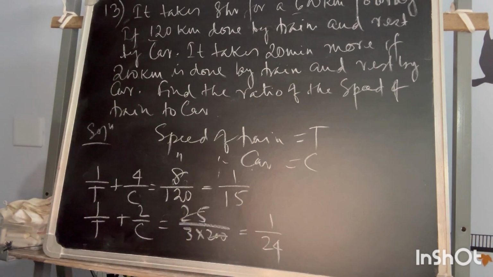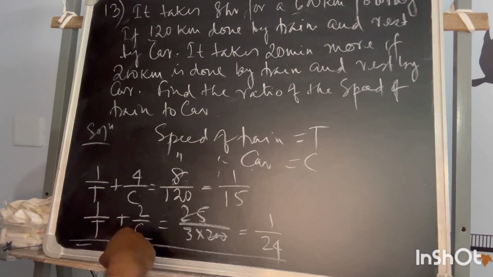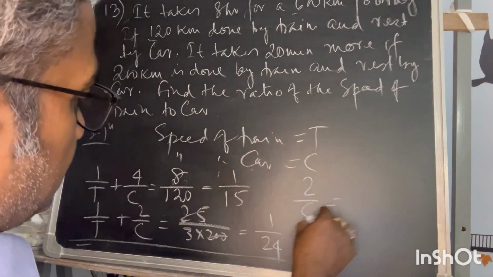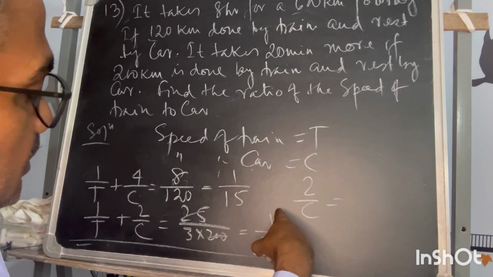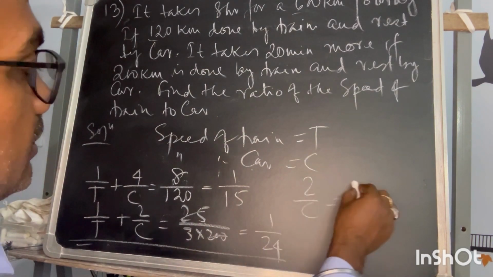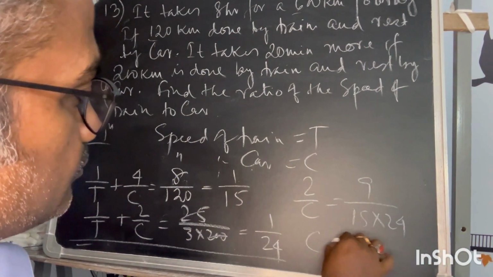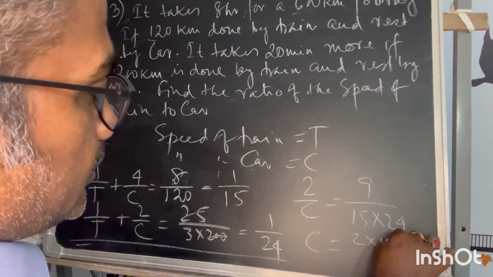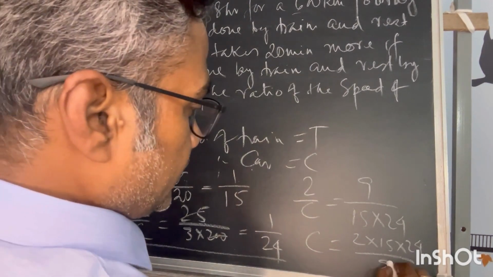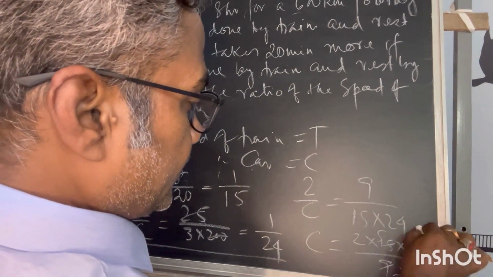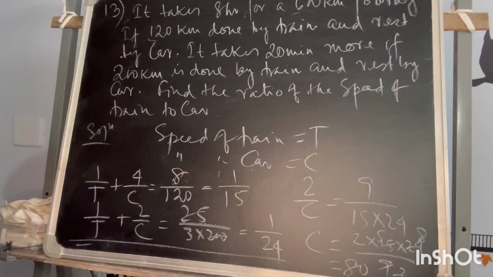Now from these two equations, if I deduct, 4 by c minus 2 by c, so 2 by c ultimately equals 1 by 15 minus 1 by 24. 24 minus 15 is 9, and here it is 15 into 24. So c is equal to 2 into 15 into 24 by 9. Three 3s are 9, so it is 80. So c is 80, so the car speed is 80